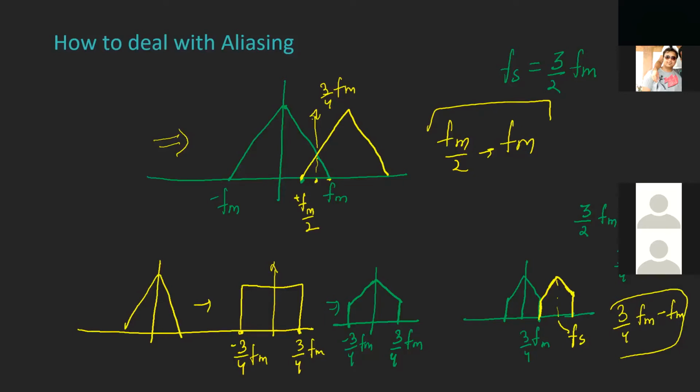That's why we said that aliasing impacts only high frequency components. Here we can see that only high frequency components are impacted. Lower frequency components are still as they are. And with the help of the low pass filter, we actually saved something from fm by 2 to 3 by 4 fm. So the point is that we cannot perfectly eliminate aliasing. We can only minimize its impact. That's why, to not have aliasing, we should ensure that the Nyquist sampling rate is met.